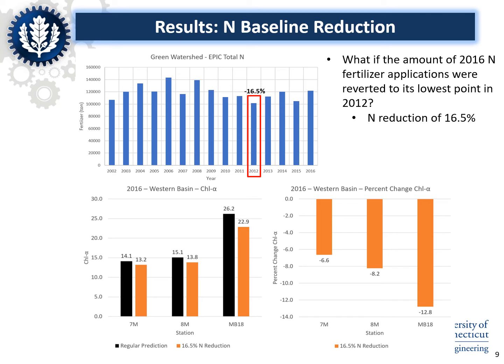But we also saw that stations that are more problematic or have higher chlorophyll-A concentrations tended to benefit the most from these fertilizer reductions, which is interesting because MB18 is closest to the watershed outlet, meaning that it is exposed to higher nutrient loadings compared to the other 2 stations. We also see that even with a 16.5% reduction of nitrogen, predicted chlorophyll-A levels still remain around the same level.